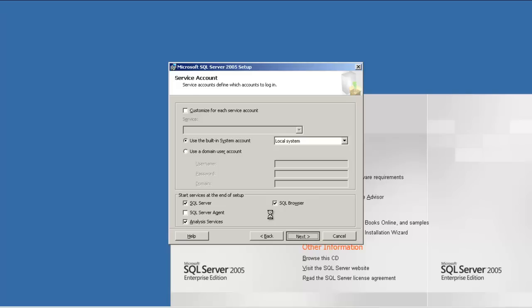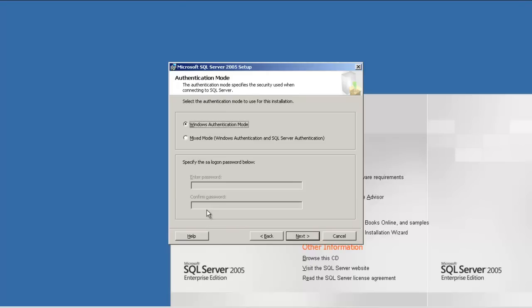In this case, as you can see, SQL Server agent has not been selected, so it won't be started. Next is Windows authentication mode or mixed mode. What is the difference? Windows authentication mode means once you are logged into Windows, you can log into the SQL Server with the same login. You don't require a password. Mixed mode allows a user to log in with a SQL Server login, and whenever a person logs in that way, SQL Server asks the user for a username and password.